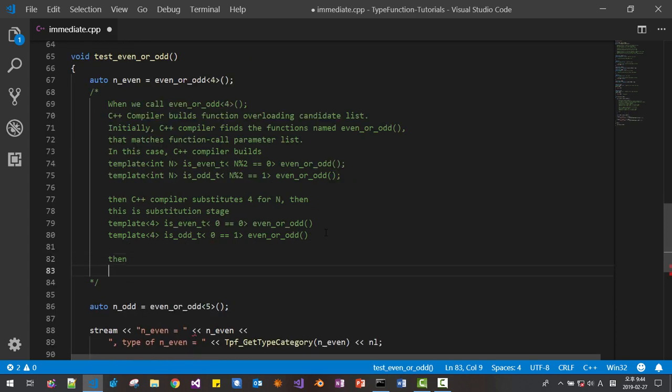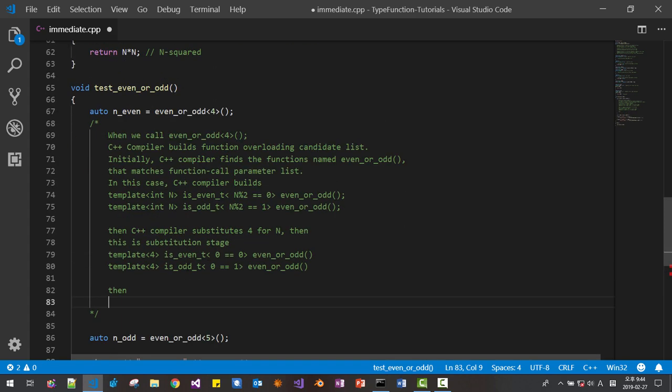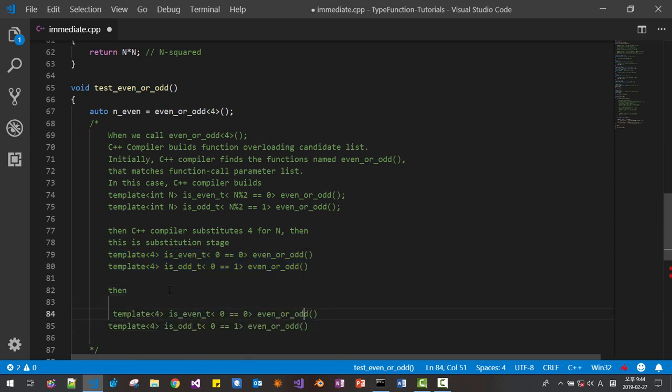Then, since in this case is_even_t is true, this becomes true, and this is false.